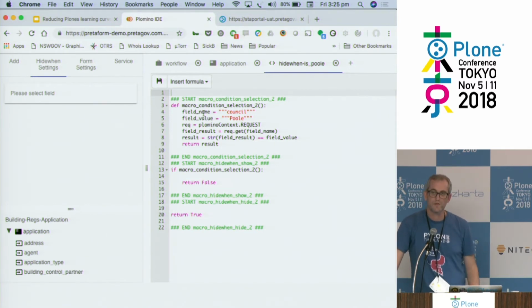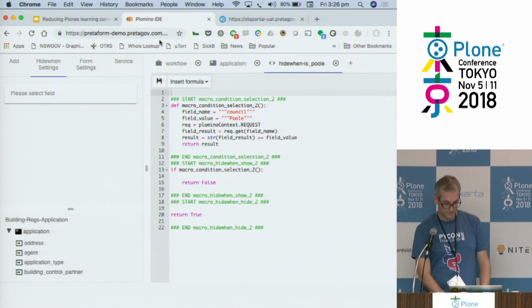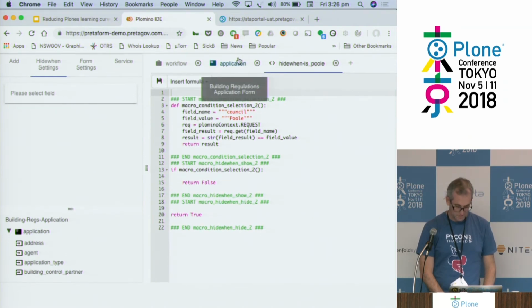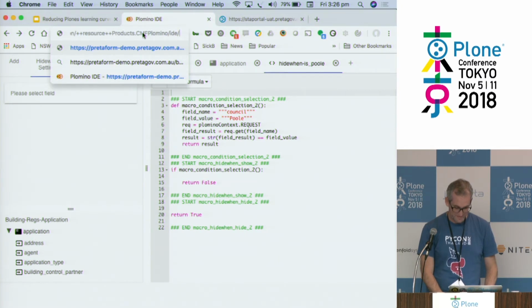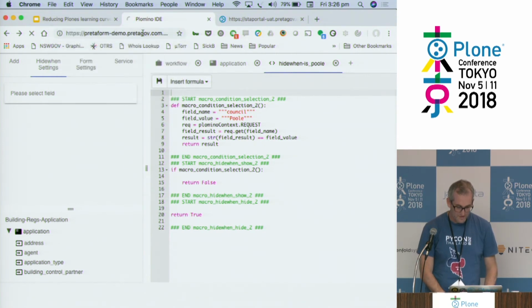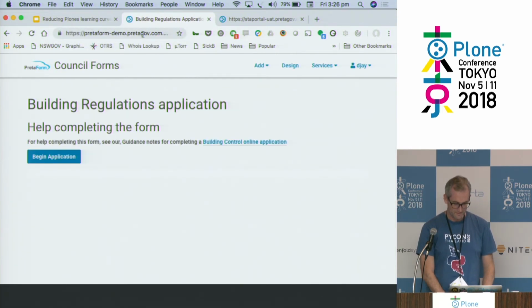The really cool thing about this macro system is that you can build your own macros really easily, right? So if we go back to, what is that? There's a close IDE button somewhere that I've lost. Right, so if we go back to the start here,